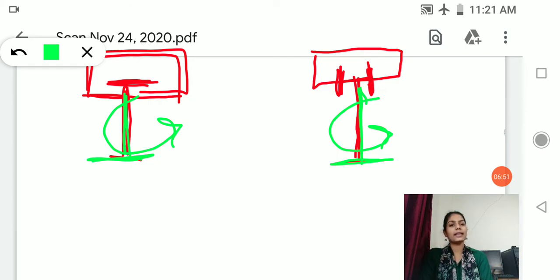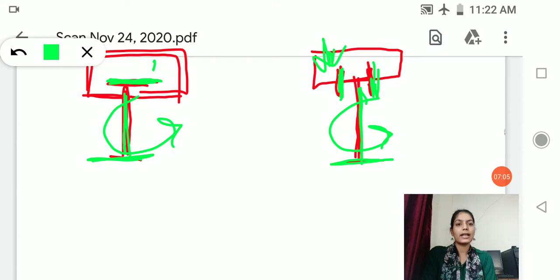But in this case where you have provided your upper or top flange embedded inside the concrete block, or with the help of shear keys, what happens?